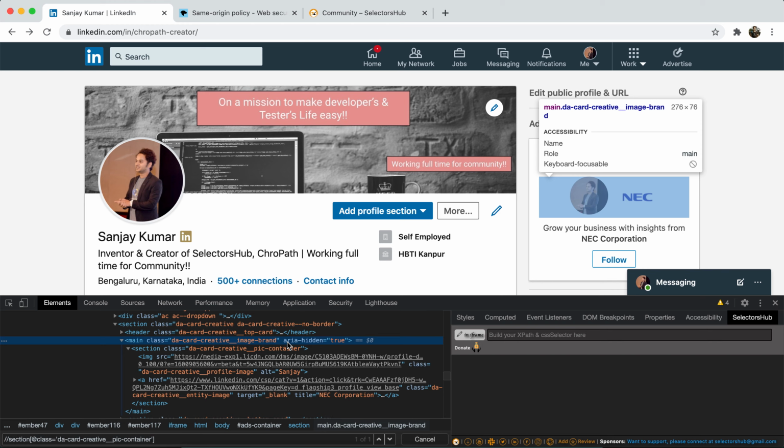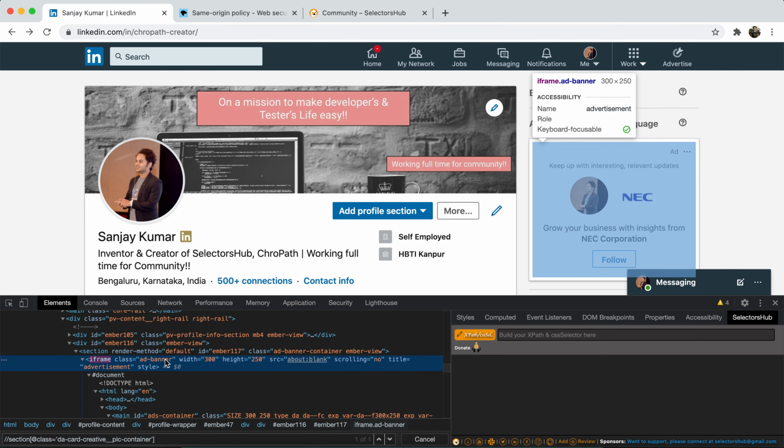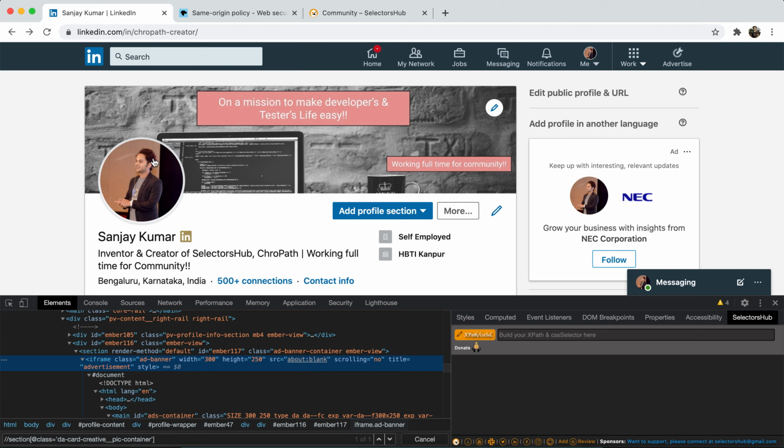If the iframe is from the same source, like this iframe is coming from the same source from which LinkedIn is coming, then it will be supported. If it is not from the same source, then it will not be supported. Basically it's from the same origin, you can say.